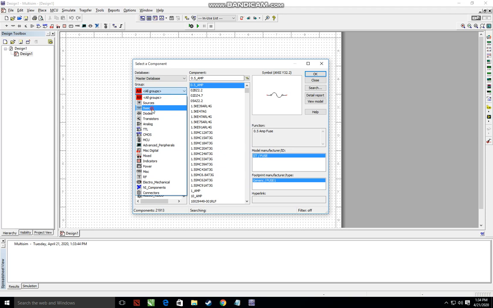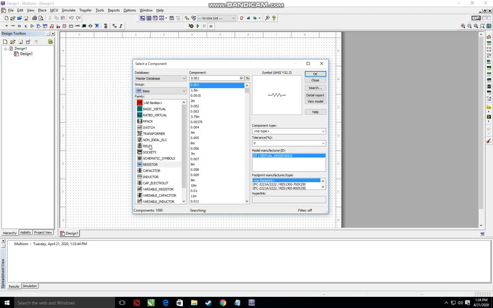In basics, you can see there are relays, switches, resistor, capacitor, farad, and moreover diodes, transistor. Every component you can easily get from here. So for a very simple circuit, just for today, I'm going to tell you how it works.